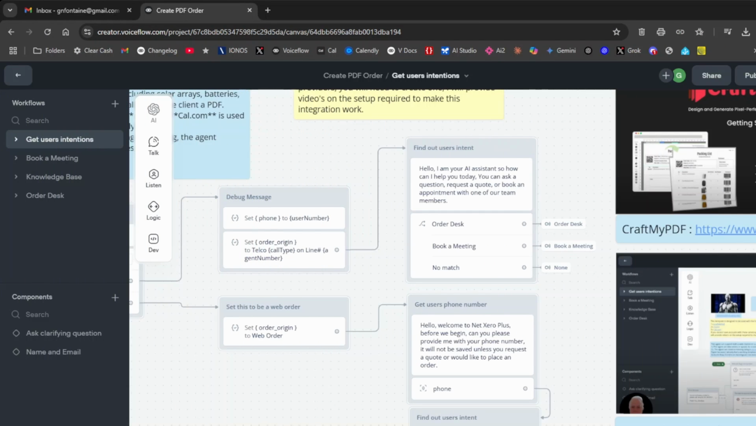Next, based on the client's response to the greeting, we can determine the user's intent. I won't cover booking a meeting, which is extensively documented by VoiceFlow. Instead, I'll focus on the new order desk functionality, which is not covered in VoiceFlow's discussions. If the system detects that the client wants to place an order or request a quotation, the flow jumps over